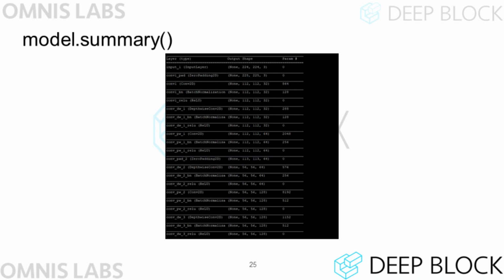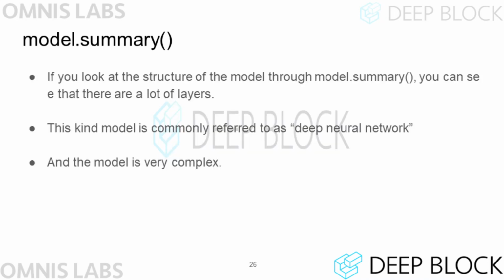Calling the model.compile method is the same. If you print the structure of the model before training the model, you can see that the model is more complex than the previously implemented model. You don't need to understand this structure. Just be aware that the model is large and consists of several layers. Artificial neural networks composed of many layers are called deep neural networks. Designing these models yourself requires a lot of knowledge and is very difficult, so it is recommended to use models designed by others if possible.